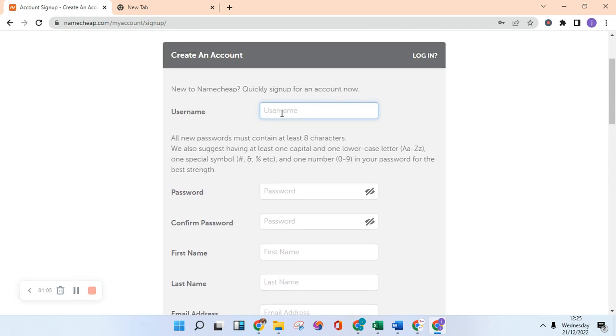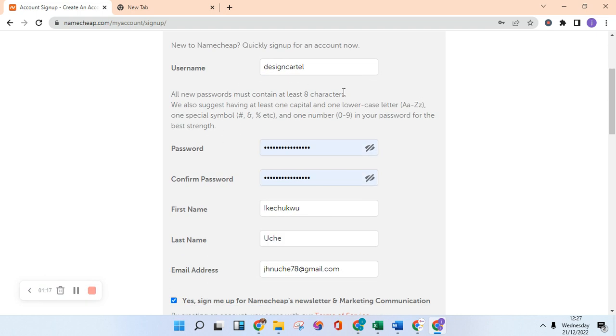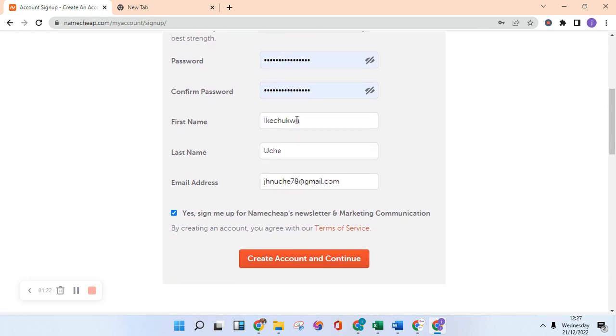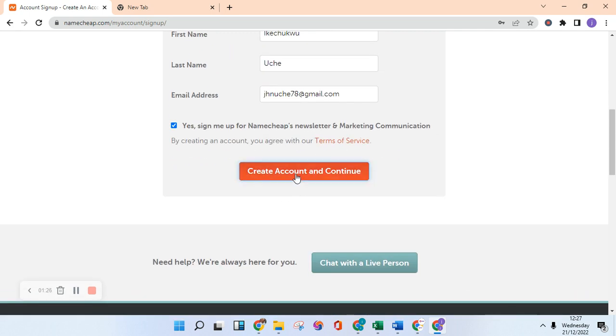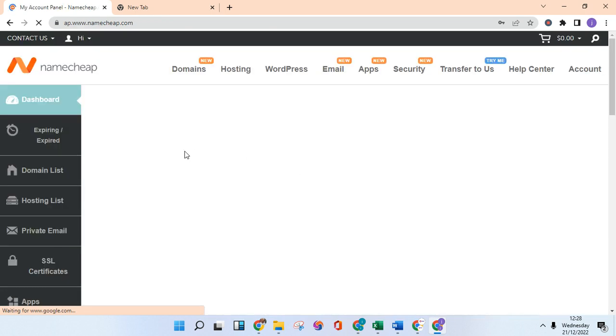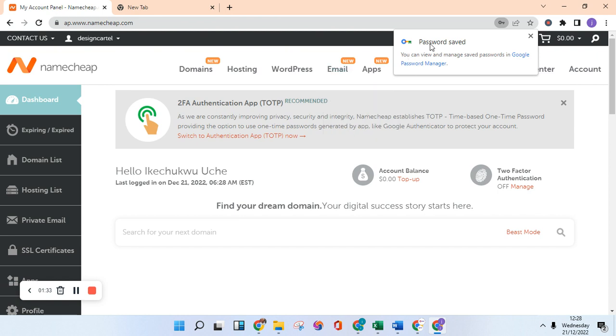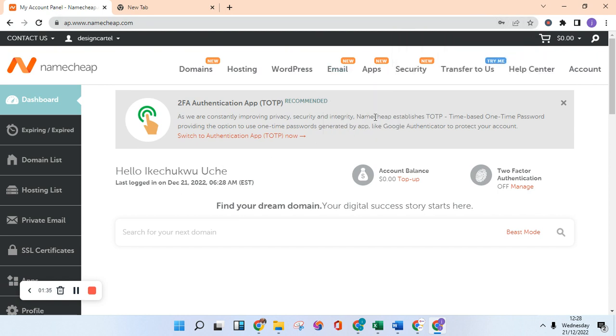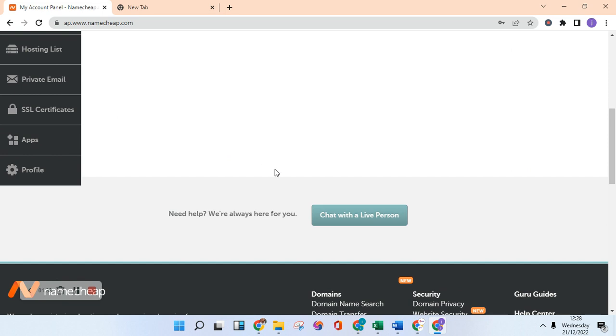The first thing is you put in your username. Okay, so fill in the details. Choose a username, choose a matching password, your first name, last name, and your email address. And then you click on continue to account. Create an account and continue. So once you create your account,